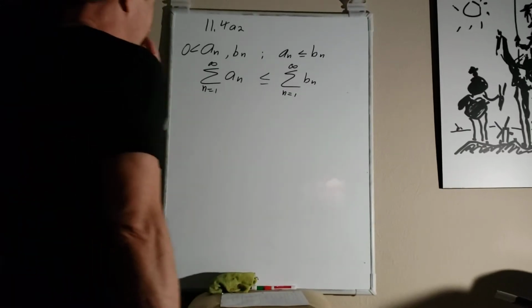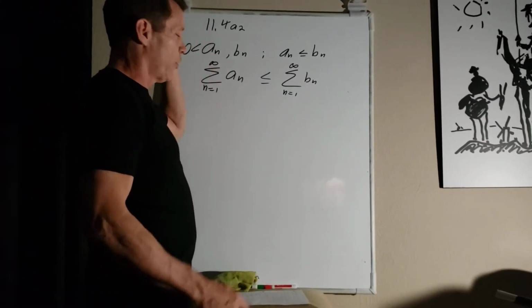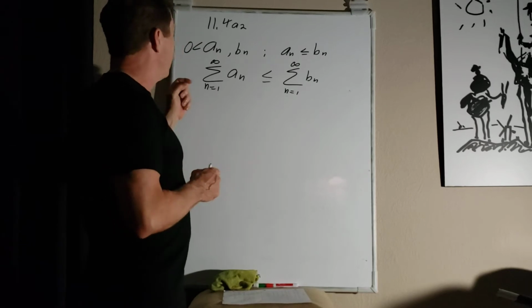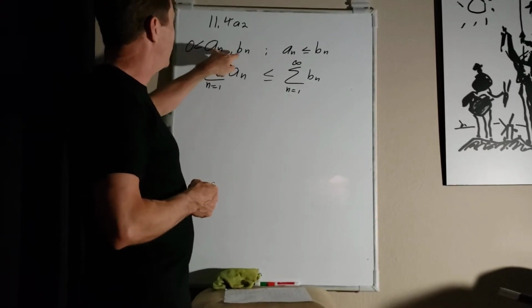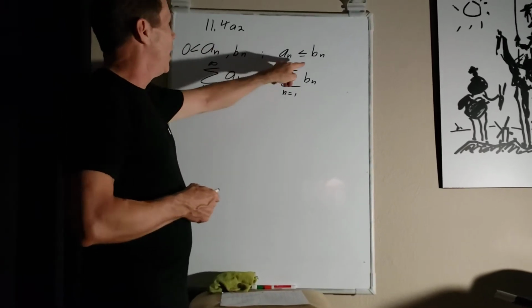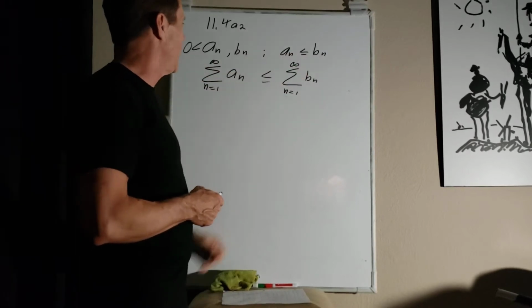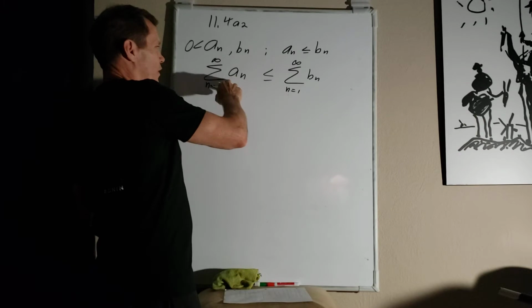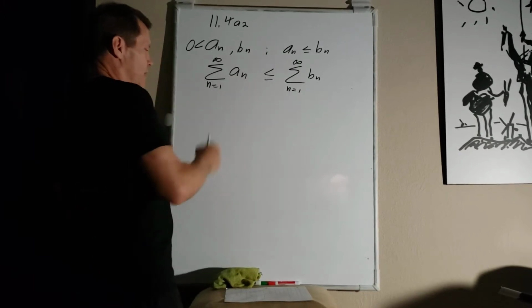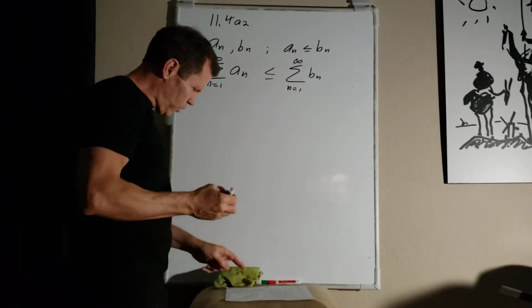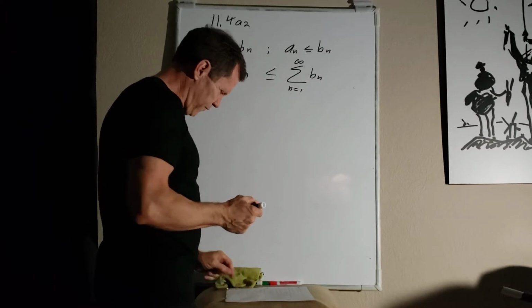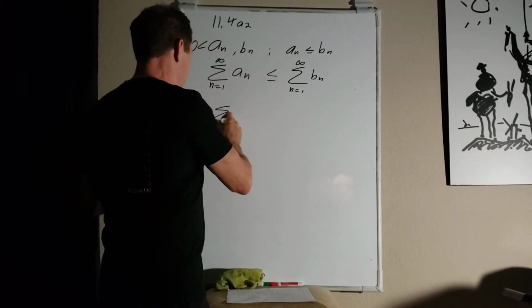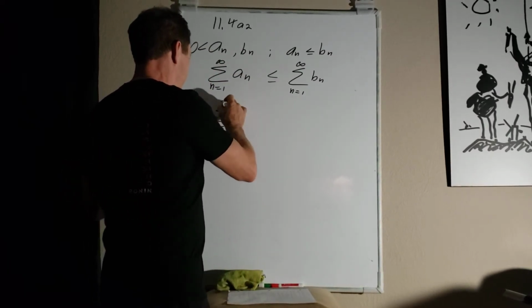Okay, let's do the second video on 11.4a. So what we have is two positive sequences where Bn is always bigger than An. Then we know that the series of Bn is always bigger than the series of An. Now suppose we want to figure out what happens to the sum from n equals 1 to infinity